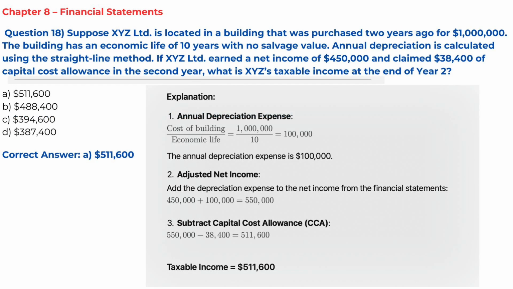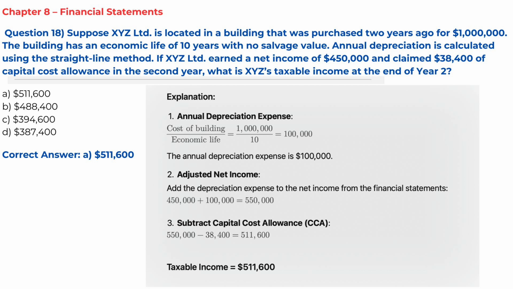Question 18. Suppose XYZ Limited is located in a building that was purchased 2 years ago for $1 million. The building has an economic life of 10 years with no salvage value. Annual depreciation is calculated using the straight line method. If XYZ Limited earned a net income of $450,000 and claimed $38,400 of capital cost allowance in the second year, what is XYZ's taxable income at the end of year 2? Correct answer,